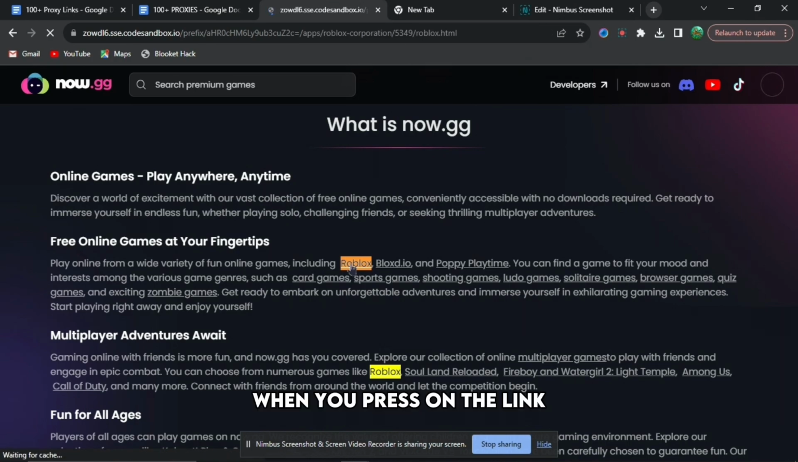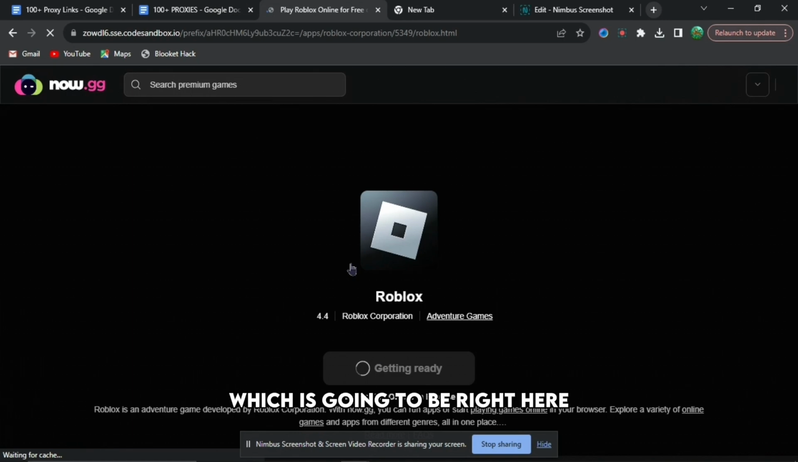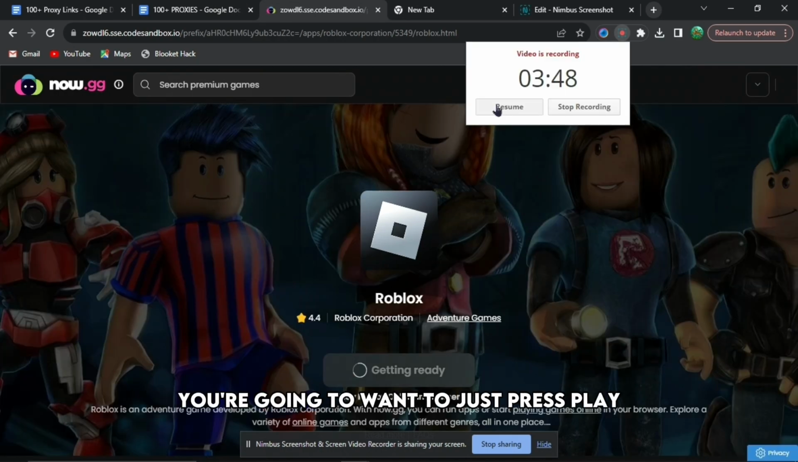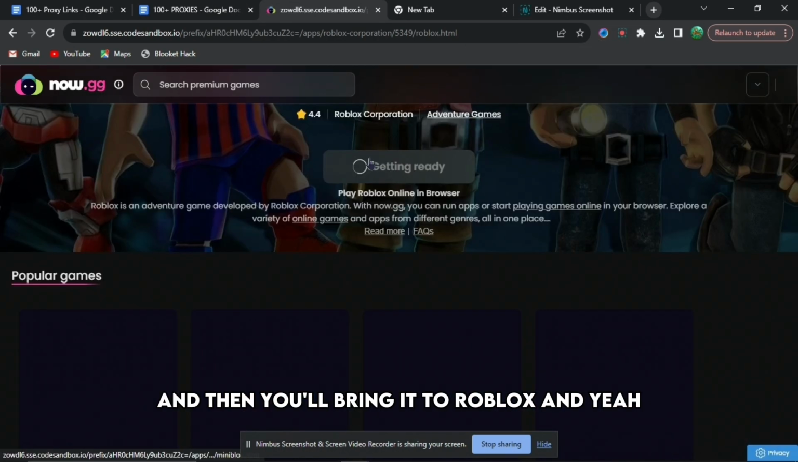When you press on the link, it will redirect you to this different page, which is going to be right here, and then it will say getting ready. So when it says getting ready, wait for that to fully load, and then when it loads, you're going to want to just press play, and then it will bring you to Roblox. And yeah,